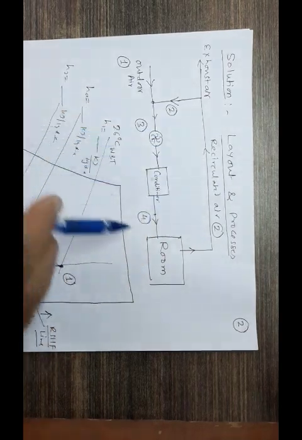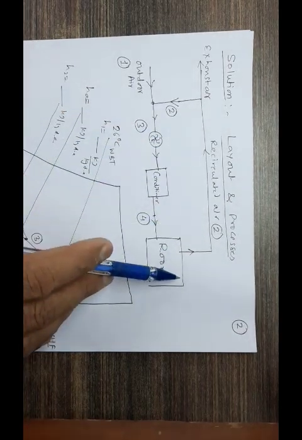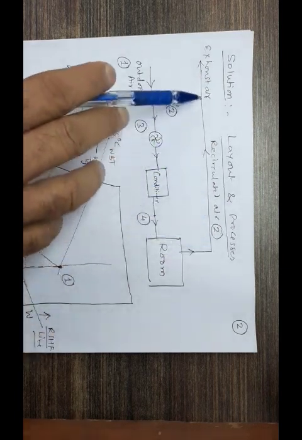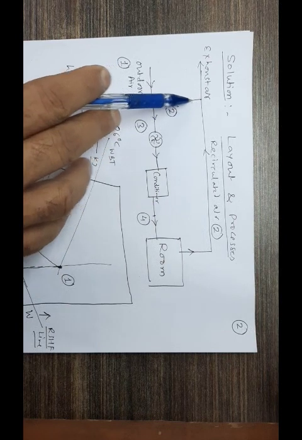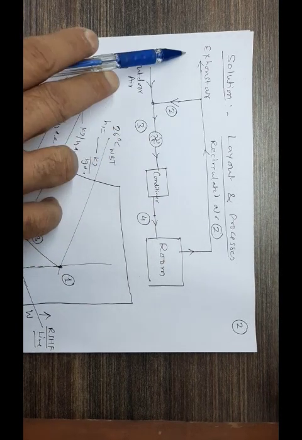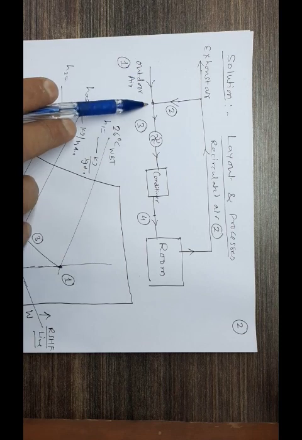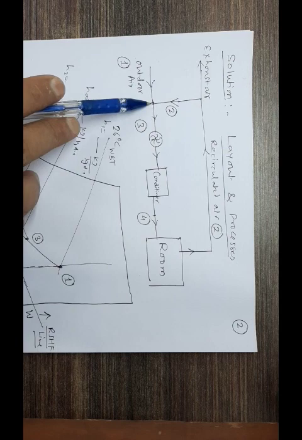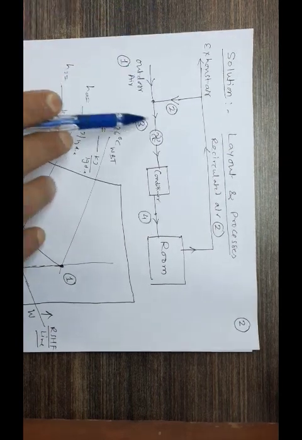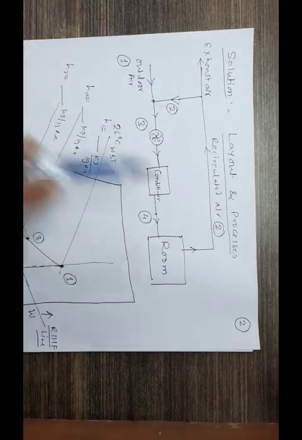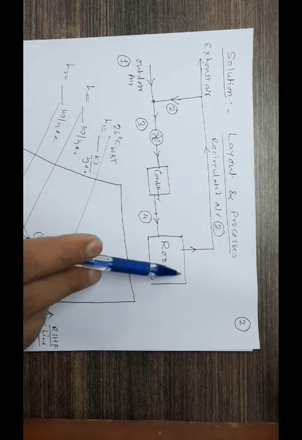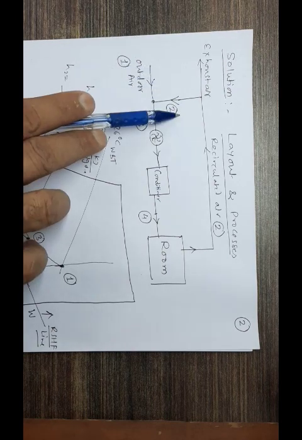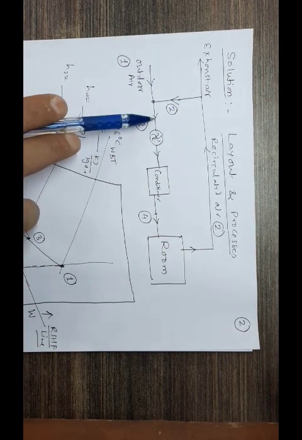process. So this is your conditioned space or room. Outdoor air comes from here, and this is a recirculated air. Of the recirculated air, a certain part is taken here, the remaining is exhausted. Outdoor is taken here, then we have a certain percentage of outdoor, a certain percentage of recirculated, the remaining is exhaust. This exhaust can be shown here, or it can be shown here also. In my earlier lecture I had shown it separately out here. So this 1 and 2, outdoor air is mixed with the recirculated air, and then it becomes 3.